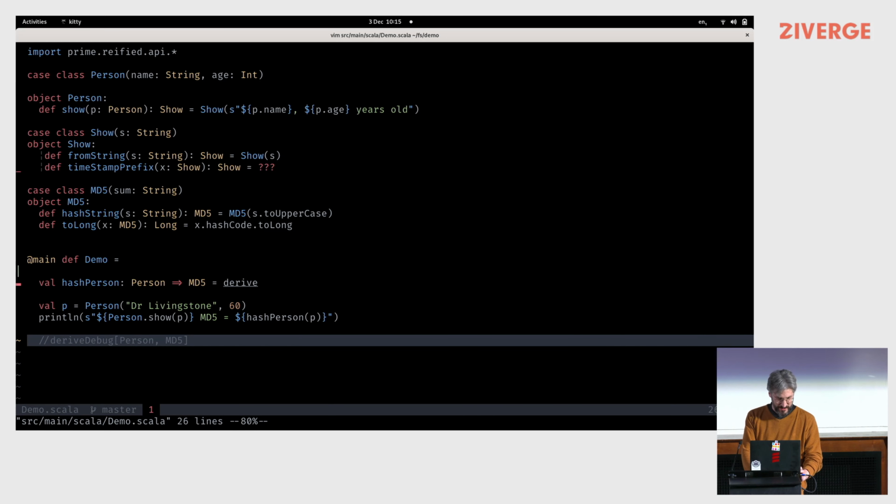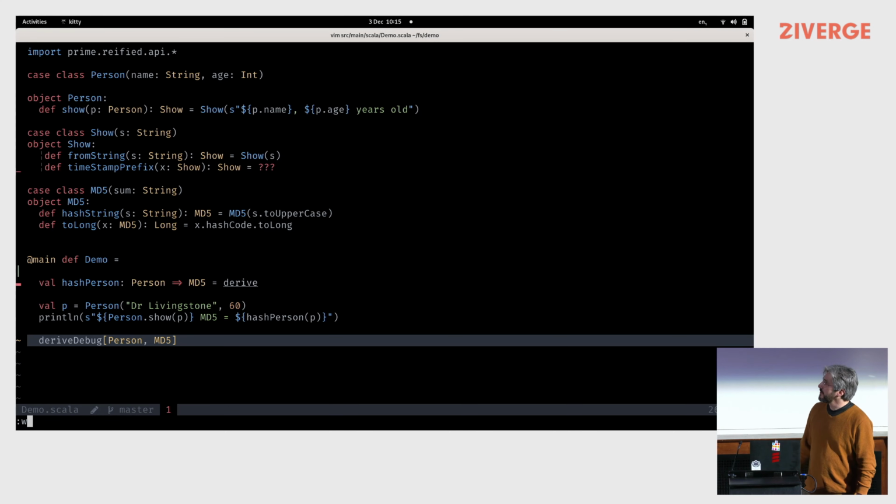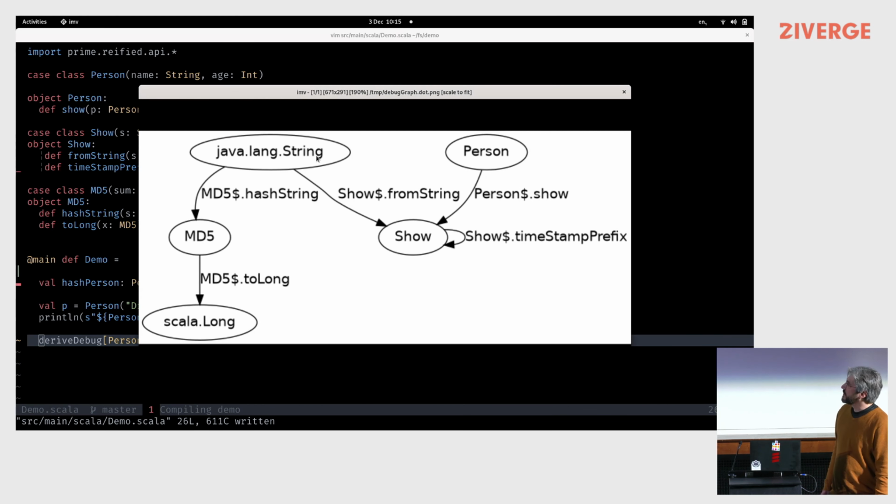Am I having some else during the night? So yeah, let's see if this gives us any information. So, wait a minute. A really useful graph popped up that not only contains all the types in the system, also